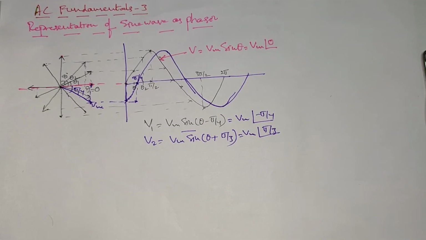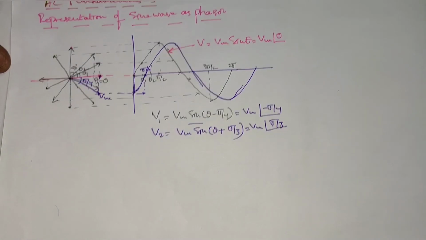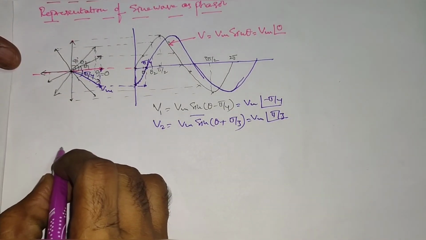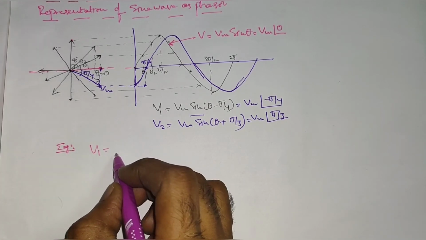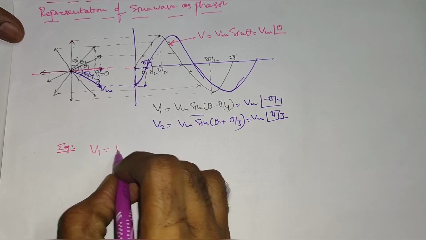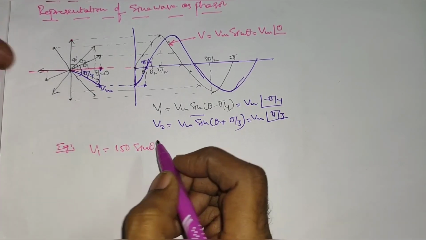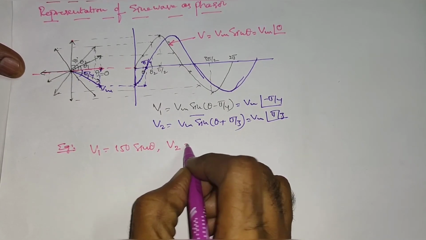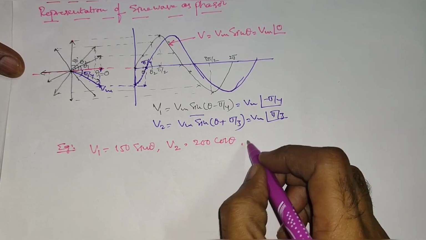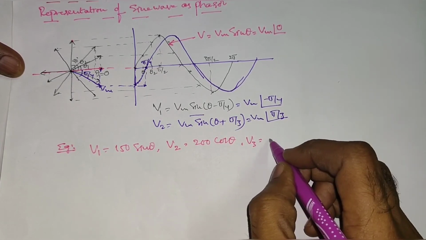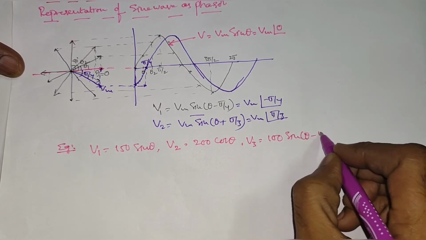In this problem we are given 4 sinusoidal waveforms, such that V1 is equal to 150 sin theta, and V2 is equal to 200 cos theta, and V3 is equal to 100 sin of theta minus pi by 4,